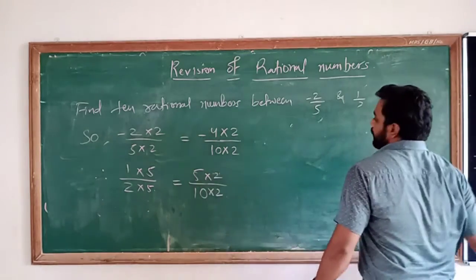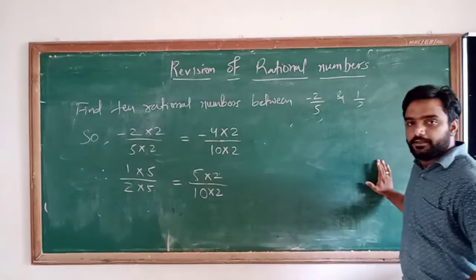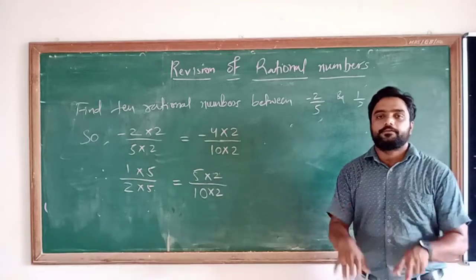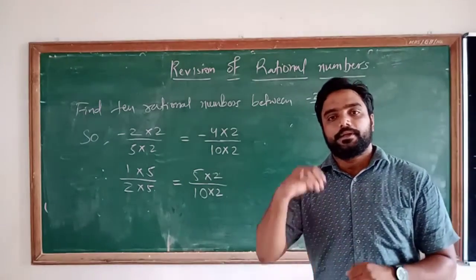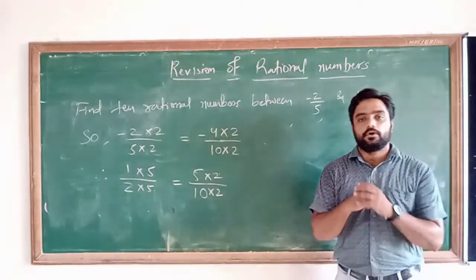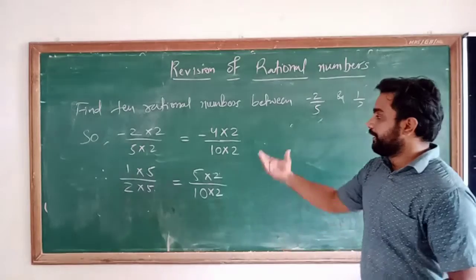And if possible, after conversion, try to write the rational numbers that I have taken in the product. Okay, so that will be easier for you to obtain whether you are obtaining those 10 rational numbers or not. 10 रेशनल नंबर मिलते हैं कि नहीं. अगर नहीं मिलते हैं तो ये मेथड फॉलो करना है.